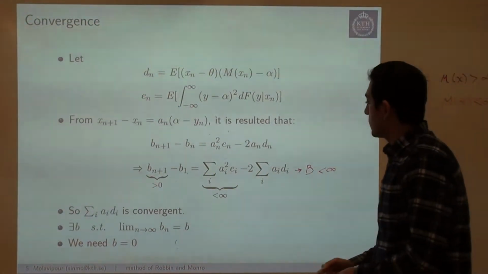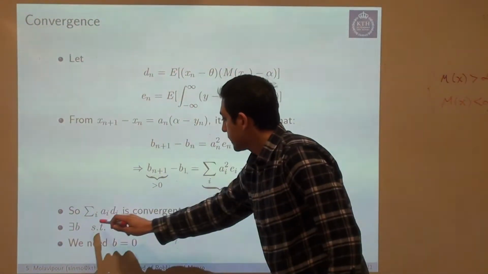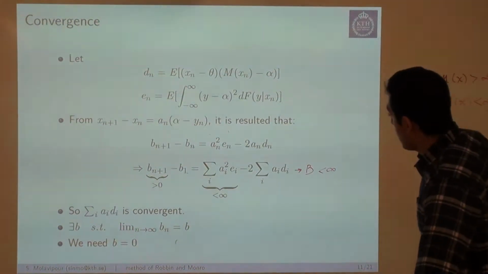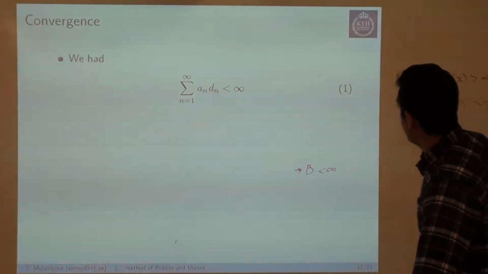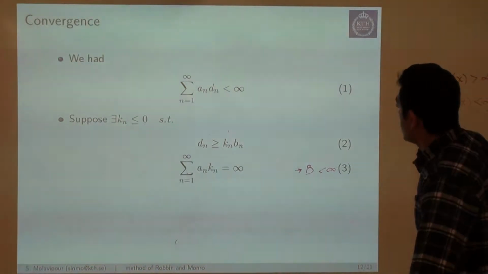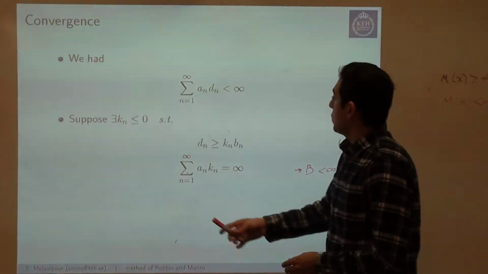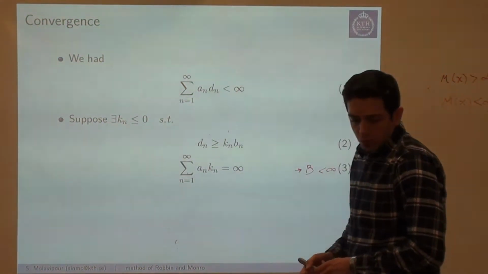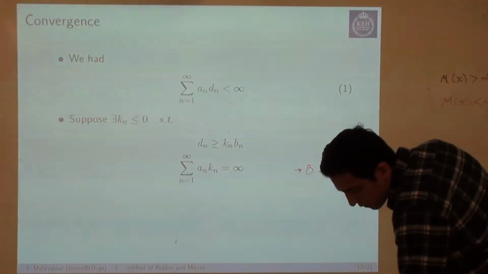Here we said that this is a convergence, so this summation of an dn is a convergent, finite value. So we say that there exists a sequence kn. This should be larger than or equal to